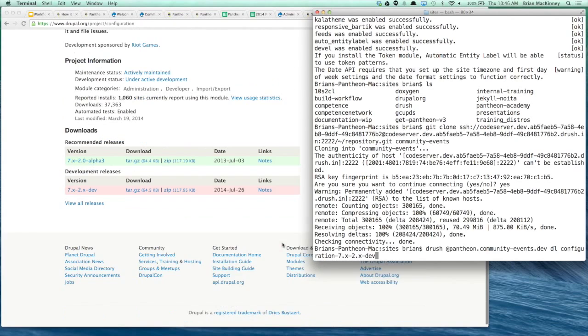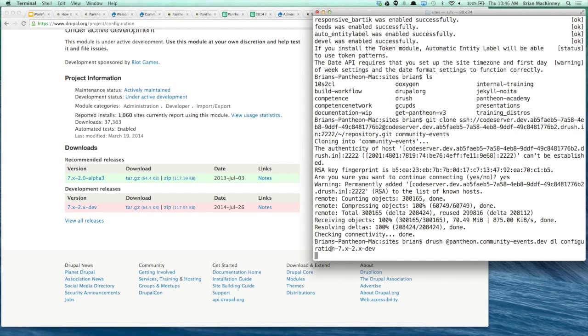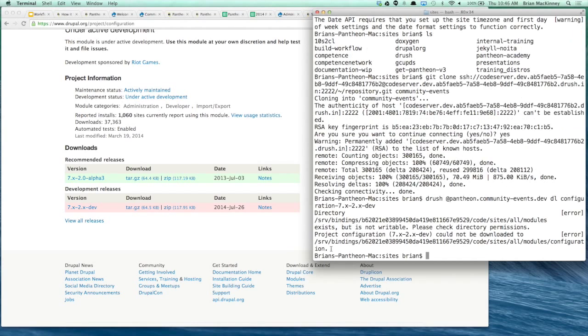So you'll see he's downloading the dev release, which is from July 26th of 2014, versus the recommended release, which is over a year old. So he's specifying that he's downloading the dev version. It looks like it's not working because he's probably in Git mode. Oh no! So all we have to do is switch back into